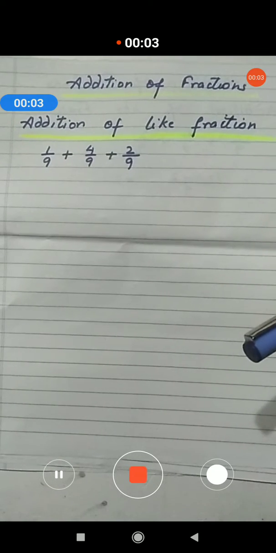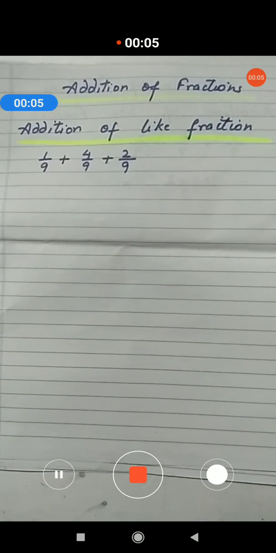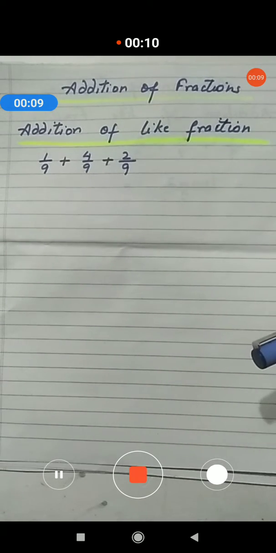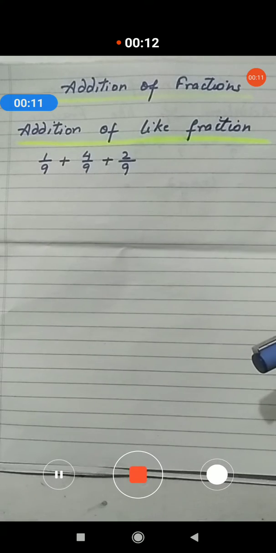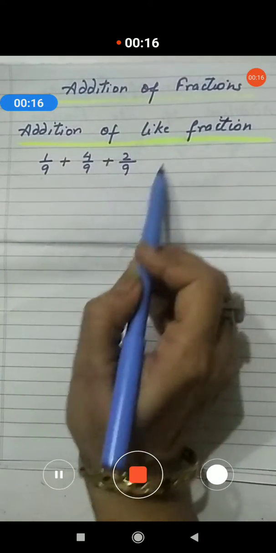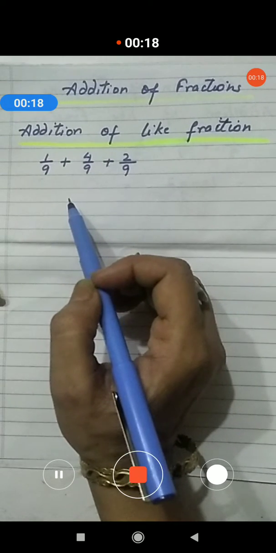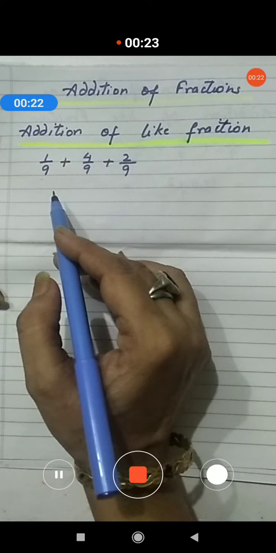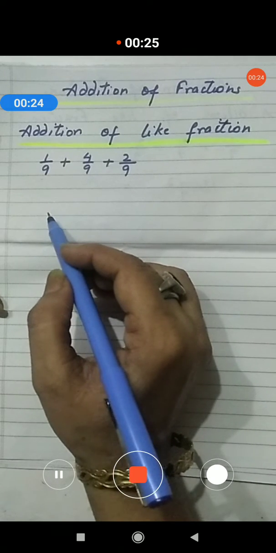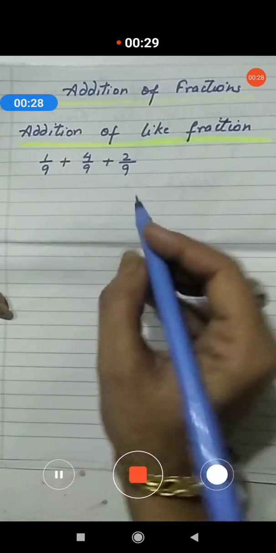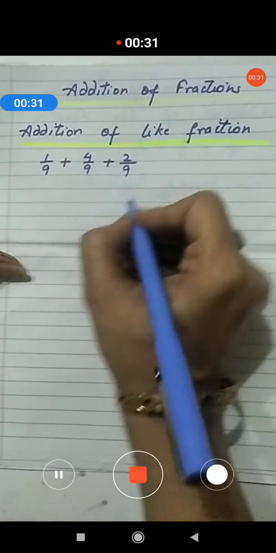Now let's move on to addition of fractions. When we have to do the addition of like fractions, how are we going to do that? If you see this sum, you will see that the denominators are equal. So when our denominators are equal, we will write the common denominator as